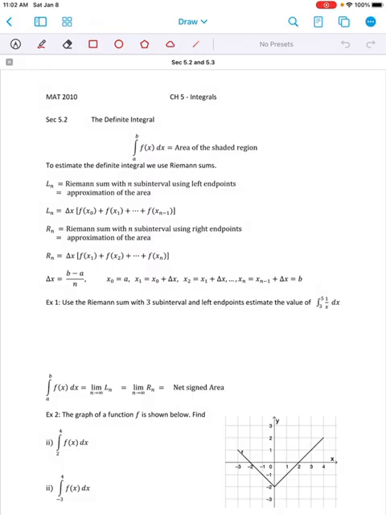I hope you guys have looked at the review document that I posted. Please try to learn all the formulas that are in that document. Most of them maybe you already know. It's very important that you know your material from before in order to be successful in the next class. For example, to be successful in Calc 2, you have to know the material from before, which is algebra,